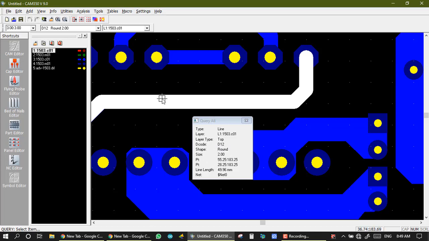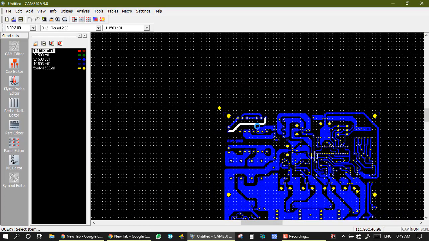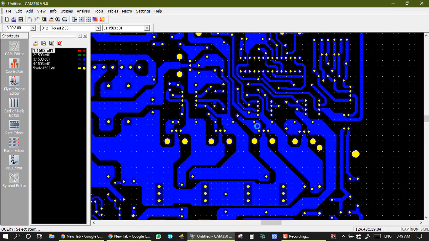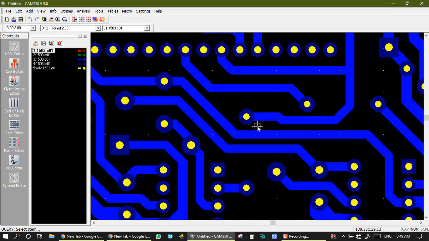In production hours we also need this. If I check my job, in production the track size is very important. If the track size is very low, then in production there is a possibility of PCB rejection, because the size of the track is very low or critical.